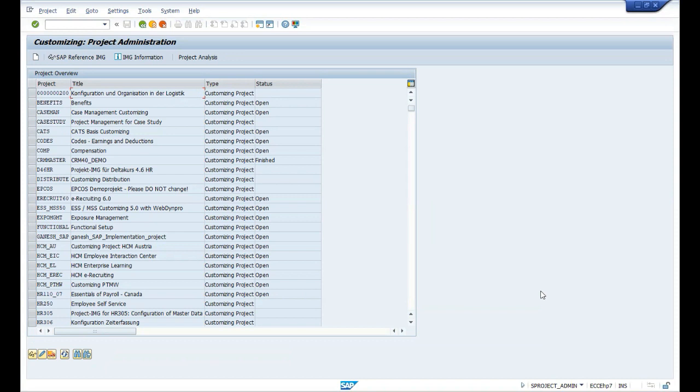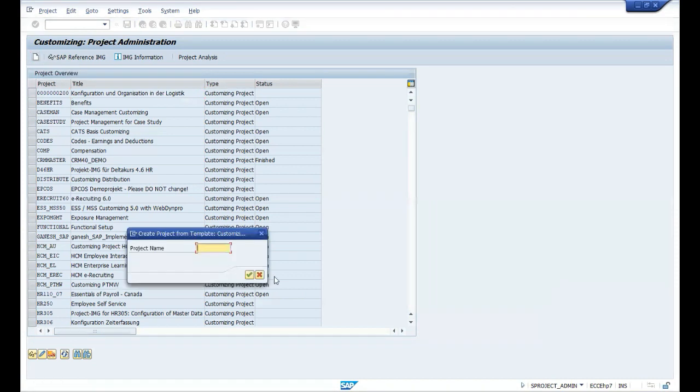But let us say you don't want to select those, you want to create a completely new project. So how are you going to do that? On the left side, you can see the create new option. Click on that. Now it is asking you to give your project name. So give the project name SP_SAP. Put SP_SAP. Do OK.